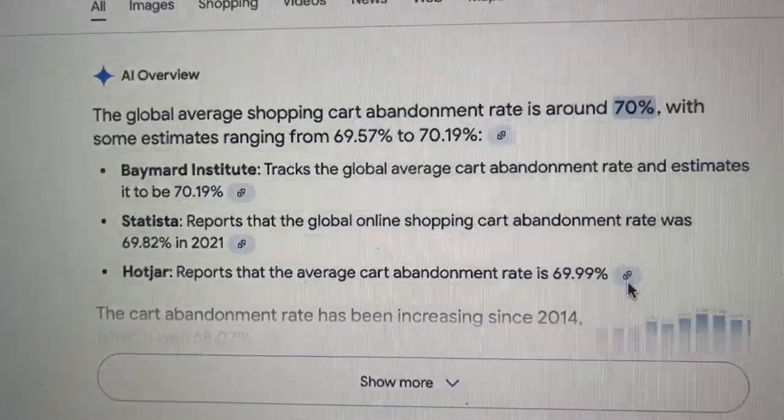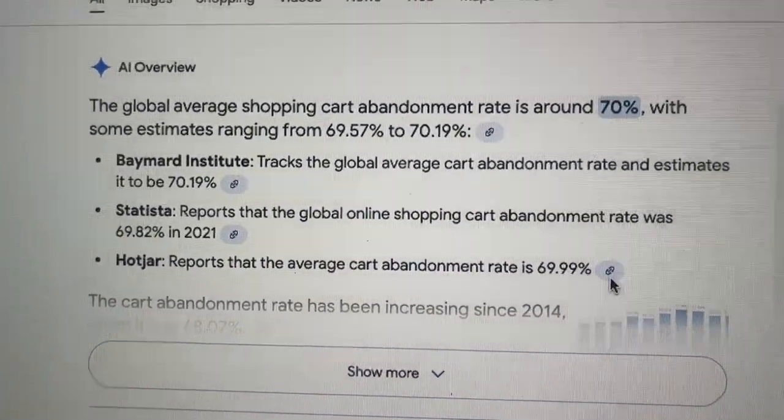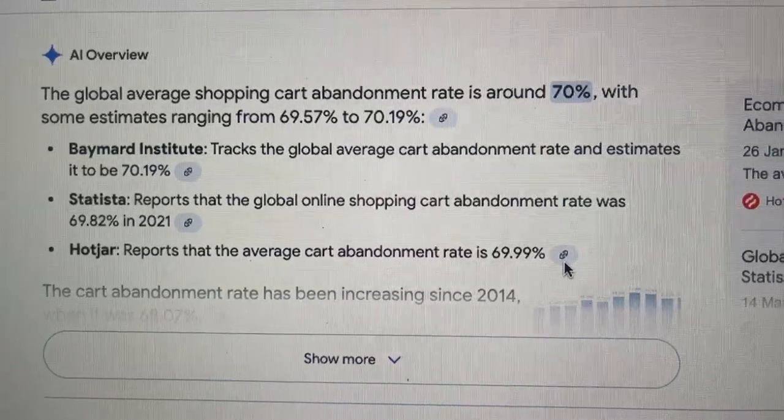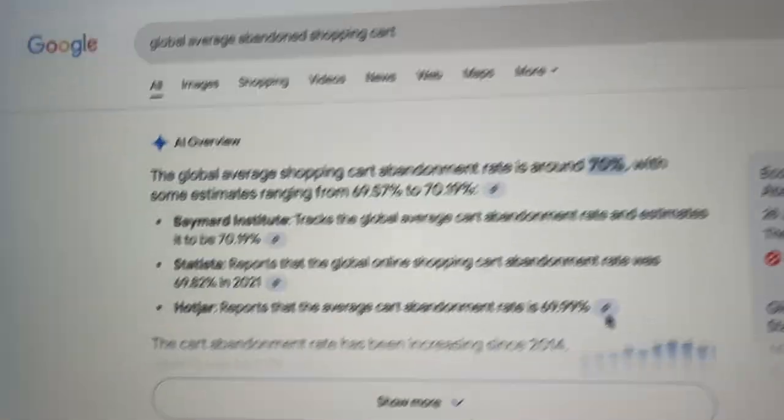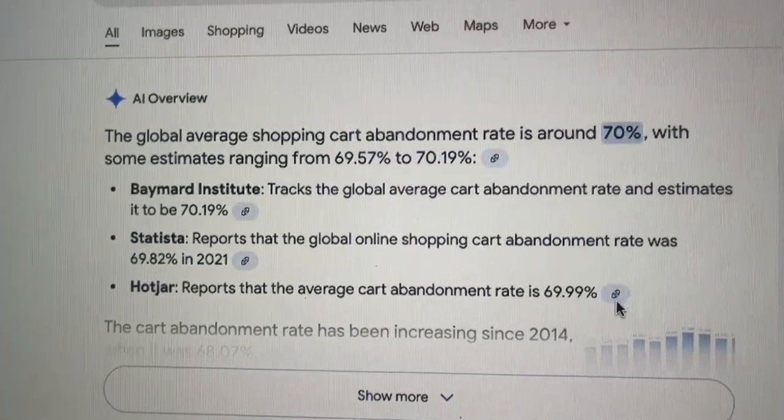All right. Okay. So sorry, I got a little bit carried away there. So I will give you the actual numbers. So global average for shopping carts, 70%. Okay, 70%. Forget what I said about 80%. I'm a marketer, so I like to exaggerate things. But these are the numbers. Again, I don't want to make anything up, right? I want to be as truthful and helpful as possible for you guys. Okay. So 70%. 70% of people who are going to see your shopping cart are going to abandon it, all right?